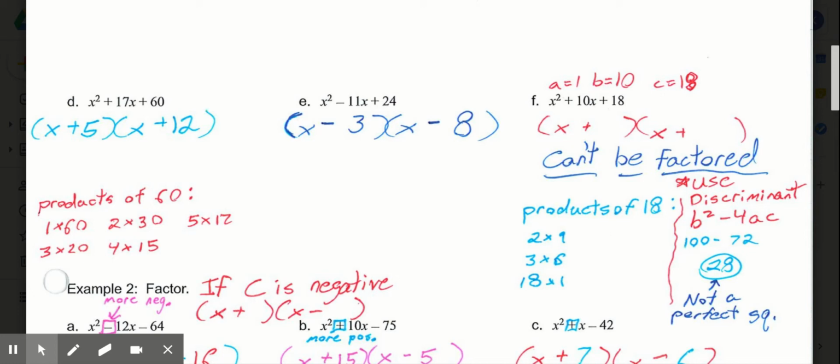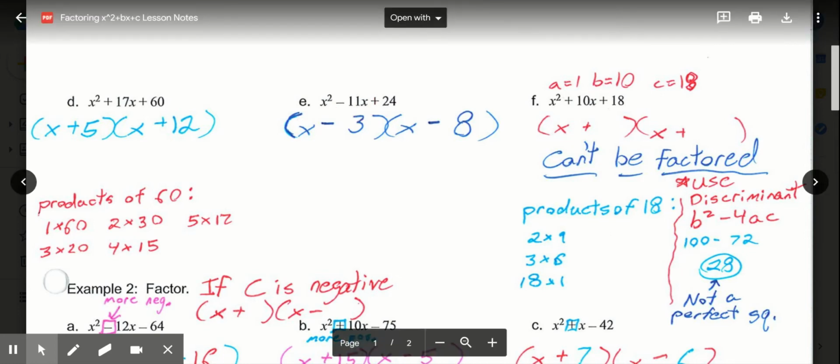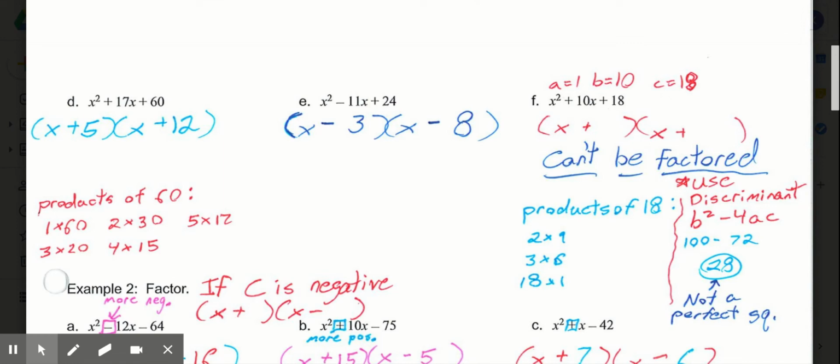In E, I'm looking for something that multiplies to be 24 and adds to be a negative 11. So I know I want a negative and a negative, or minus minus. So in this case, 8 times 3 is 24. 8 plus 3 is 11. Both are subtraction to give me the subtraction in the middle. And then in F,